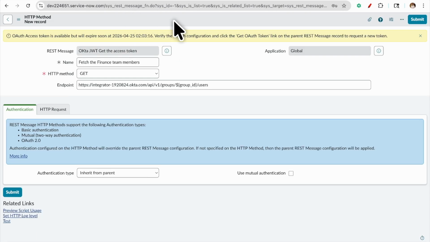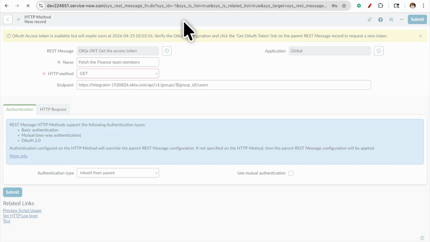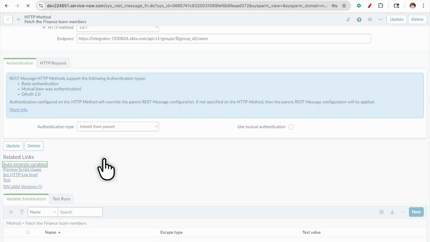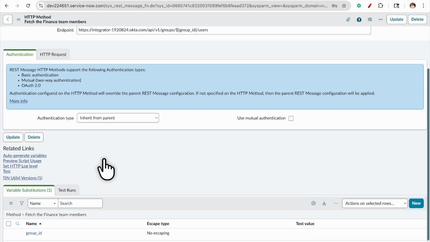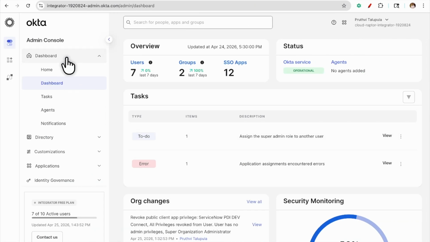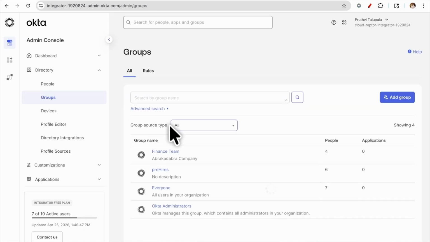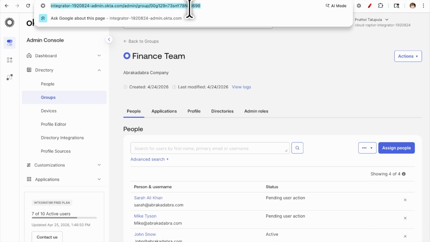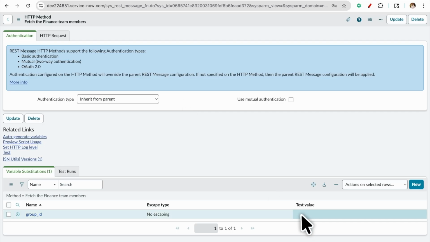Let's go back to the HTTP method. Let's click on save and generate the variable, which is the group ID of the finance team. For that, let's go to Okta, go to the directory, under groups, finance team. So this is the finance team group ID. Let's save it here